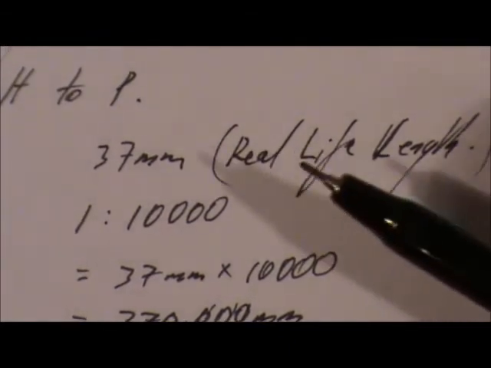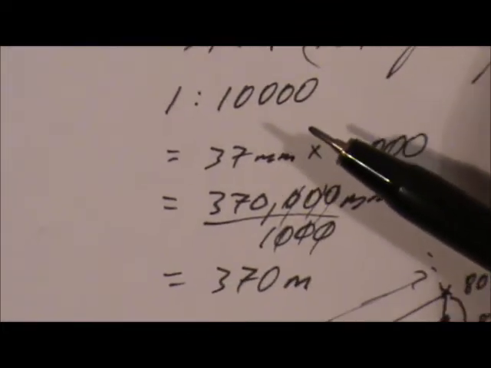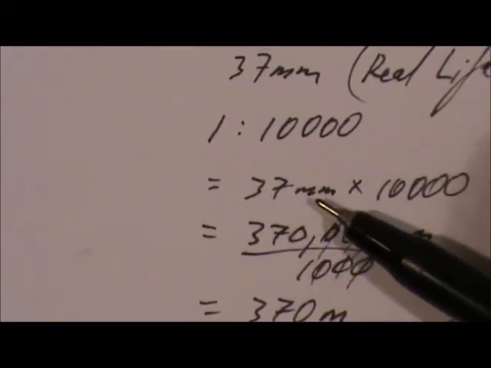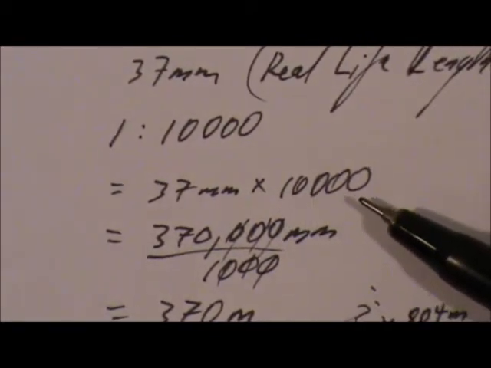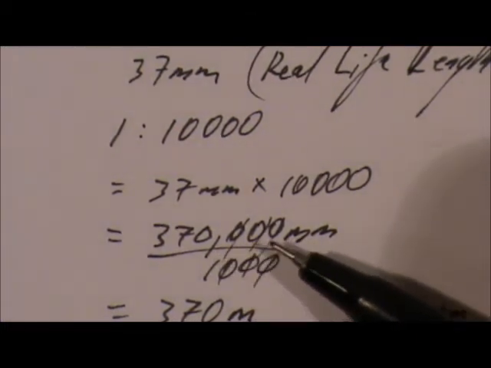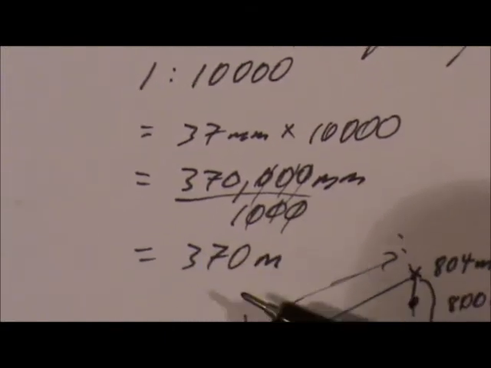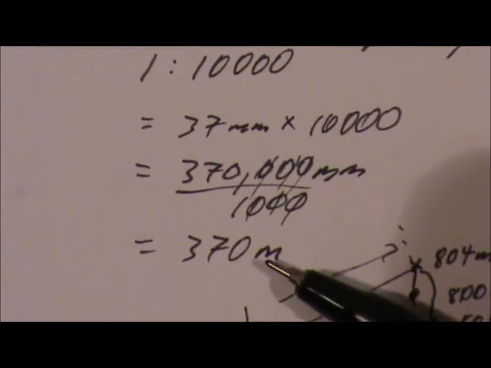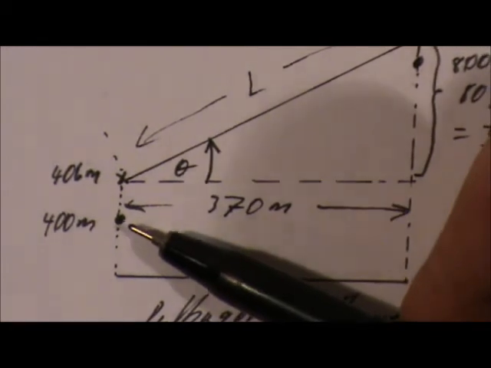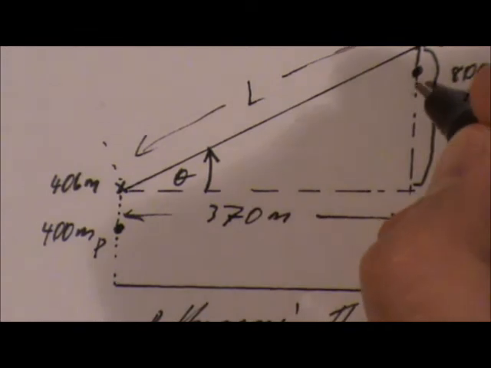And how do we determine the real life length? We know the scale of the map is 1 to 10,000. So multiplying 37 millimeters by 10,000 gives us 370,000 millimeters. Divided by 1,000 enables us to convert it to meters. So we're left with 370 meters. So we've just established that the horizontal distance from point P to H